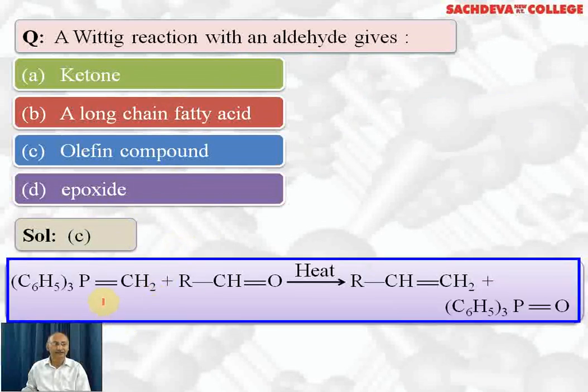This is the reaction which is taking place. The triphenyl phosphine group is attached to CH2. This reacts with aldehydes as well as ketones. So this CH2 group comes here and oxygen goes here. We get the corresponding olefin and we get triphenyl phosphine oxide. This is called Wittig reagent or phosphorus ylide. So this reaction is called the Wittig reaction by which aldehydes and ketones can be converted into corresponding alkenes using a special type of reagent called Wittig reagent.